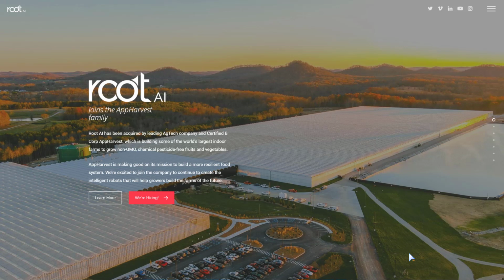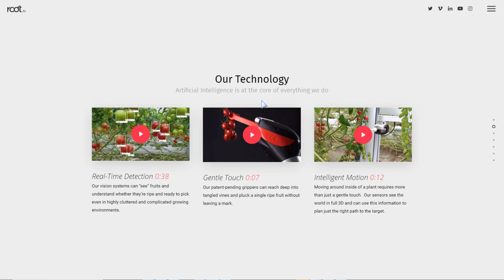An example of a company making use of object detection is Remo.ai. It just recently joined the agri-tech company AppHarvest, and AI is at the core of everything they do. Here we have real-time detection, gentle touch, and intelligent motion. Under real-time detection, the systems can see fruits and understand whether they are ripe and ready to pick, even in